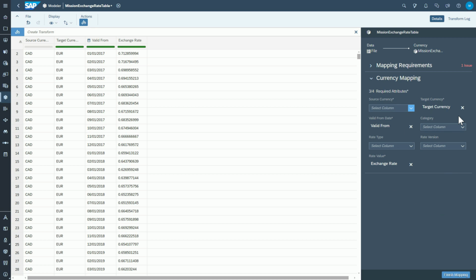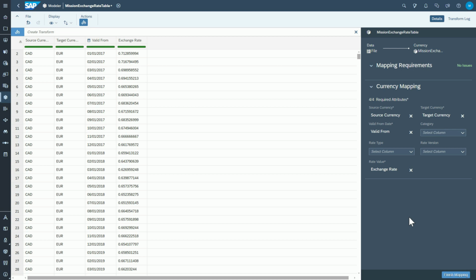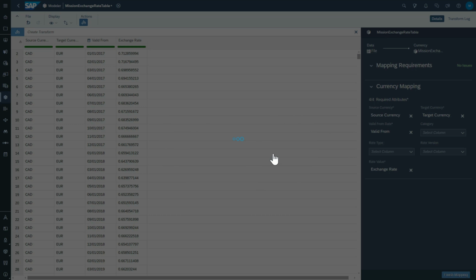Now I do not have anything mapped for source currency or target currency, and as those are mandatory fields in the exchange rate table on the SAC side, I do also see this: 2 issues, 2 attributes require mapping. To map, it is as simple as opening the dropdown of available columns from the source file and choosing the column to map to the attribute in SAC. In this case, I mapped source currency to source currency, and now I will map target currency to target currency. Even if SAC automatically detects these mappings, I strongly encourage you to double check them for accuracy because the system can make mistakes. I am now going to click on finish mapping and finish, and this file will now be